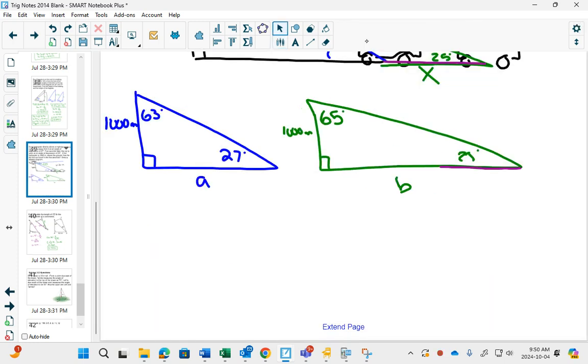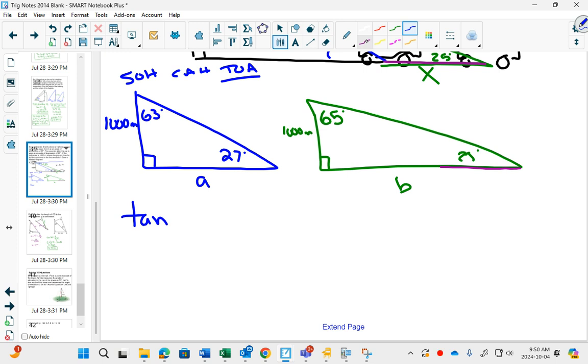So again, if you have a plan, now we can go about it. All right, I want to solve for A. You have both the angles, you have all the angles, so you get to choose. Do you want to use the 27 or the 63? It doesn't matter. Okay? So let's go, Gabby, pick 27 or 63. Okay, so we're going with the 27. You have the opposite side, you want to find the adjacent side. So that's in SOHCAHTOA, right? Opposite and adjacent